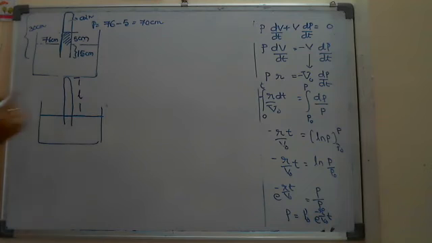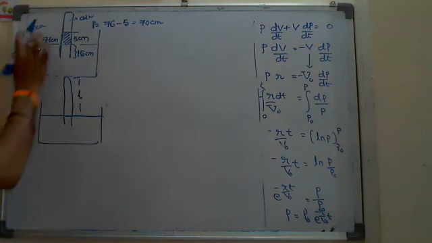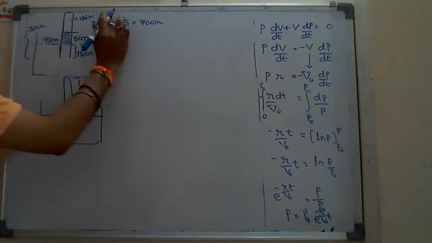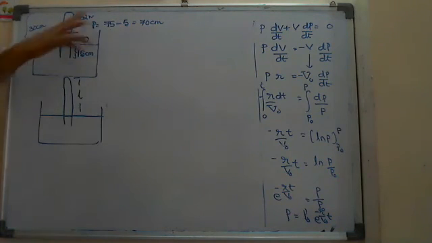Come to this model. Previously what he said, this is not vacuum, he said air, and the level of mercury inside that tube is 5 centimeters compared to the liquid level present outside. Here I took 70 now, better I take this as 75, then my calculation will be correct. Then that is 75 minus 5, that is equals to 70 centimeters.